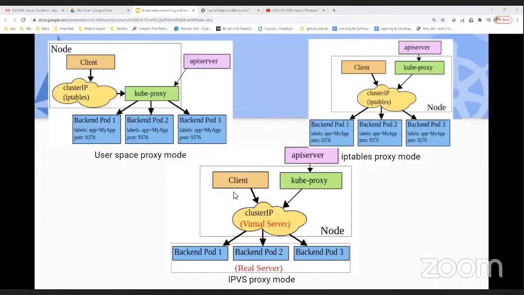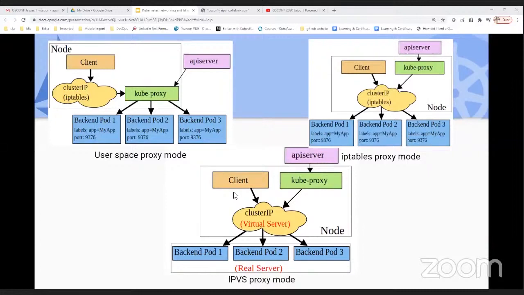So if I do a deep dive into what is running inside Kubernetes, when I am exposing any service, let's say on ClusterIP, NodePort or LoadBalancer, what does it do? On the worker nodes, we are running kube-proxy on each and every node, and kube-proxy will route that traffic to your pod.